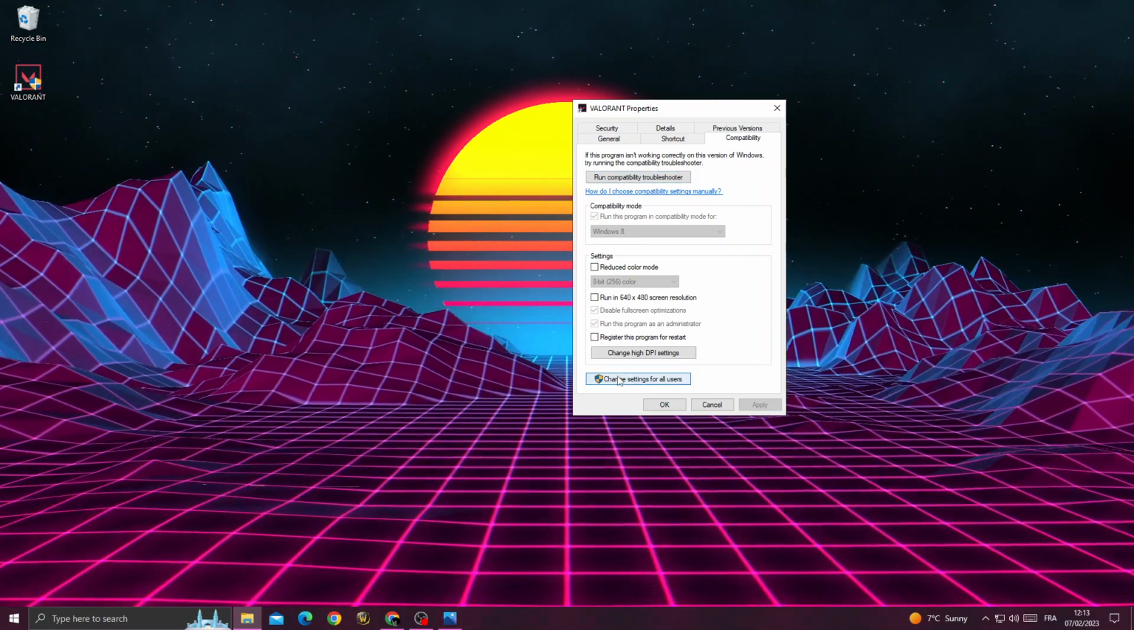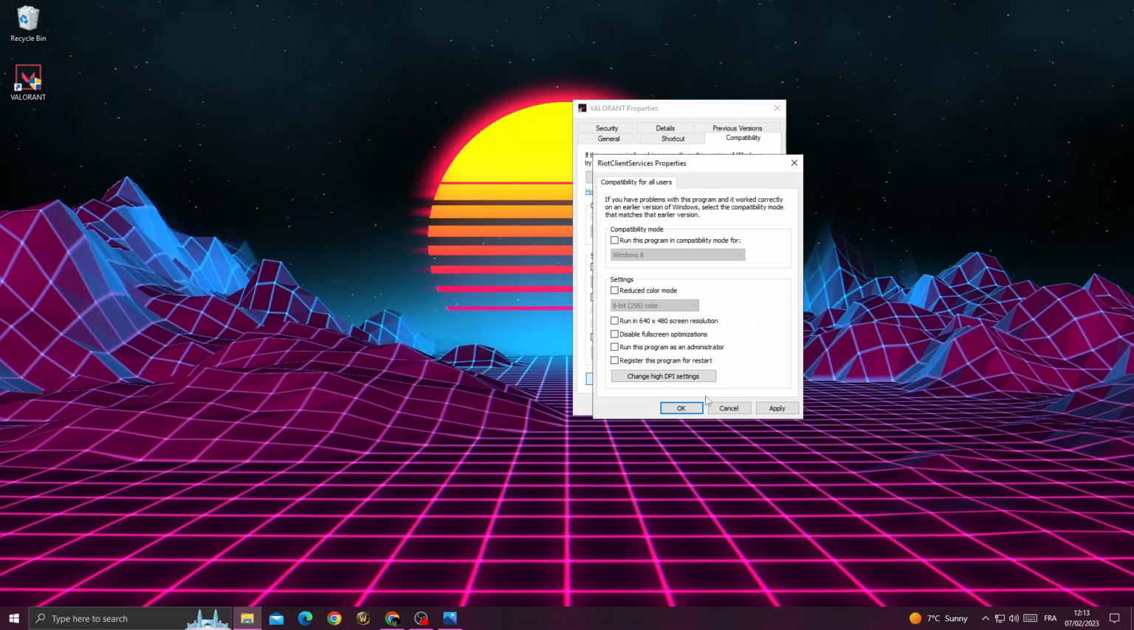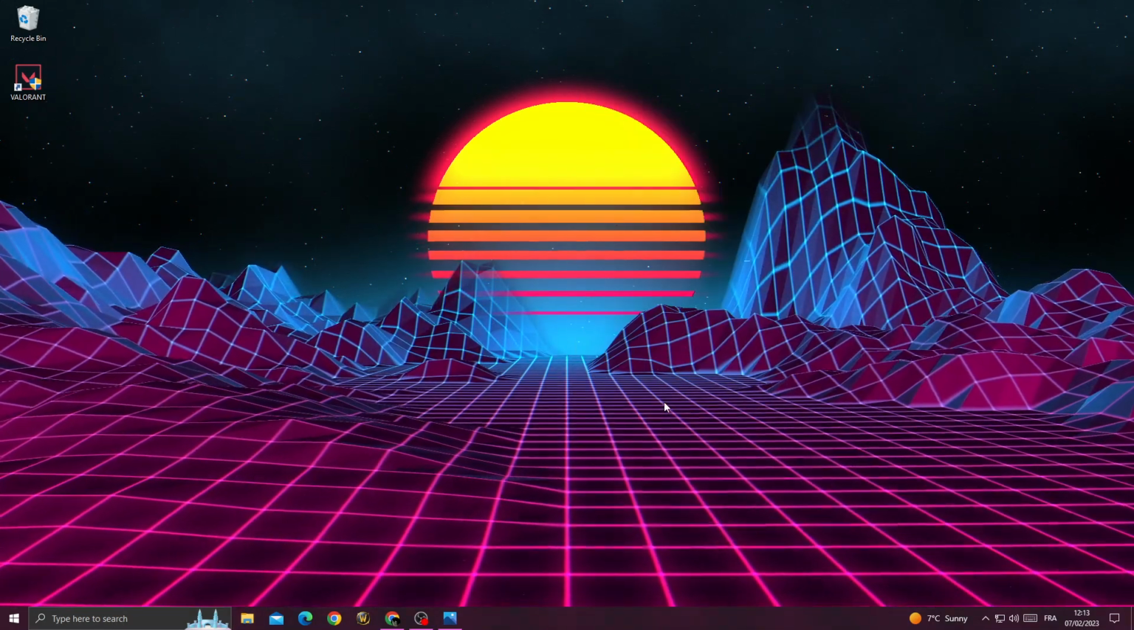Now change settings for all users. You will find it like that. First, just enable those two options and click apply and OK, and OK again,